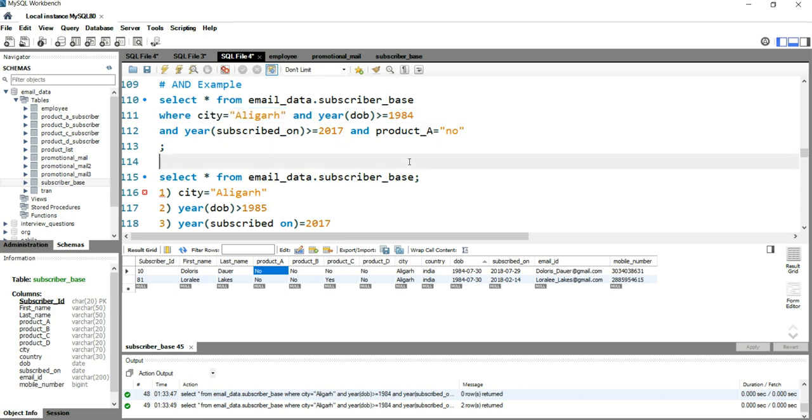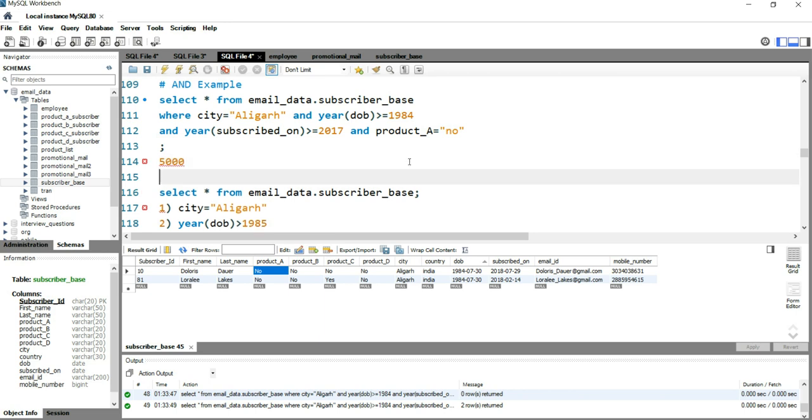So for example, when the SQL query runs, I'm just giving you an example, it gets 5000 records with this entire data set. Then based on the city, it gets 2000 records which have city as Aligarh, and the rest of the 3000, which don't have city as Aligarh, it ignores.